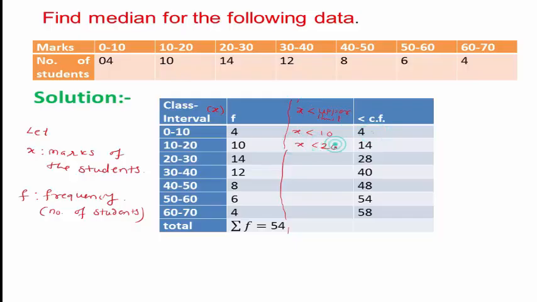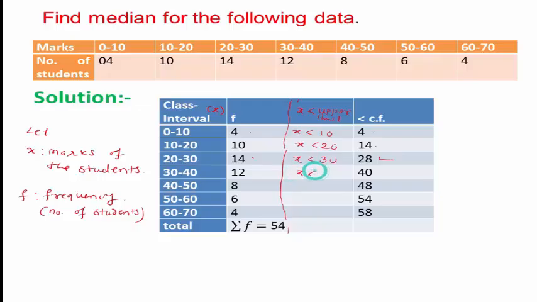That is marks less than 20. How many students are there? Less than 20 means less than 10 and in between 10 to 20, so there are 14 students, 4 plus 10. And the number of students scoring marks less than 30? Less than 30 means less than 20 and in between 20 to 30. So 14 plus 14, that is 28. Adding all these, 4 plus 10 plus 14 gives the cumulative total. Then next, how many students are there scoring marks